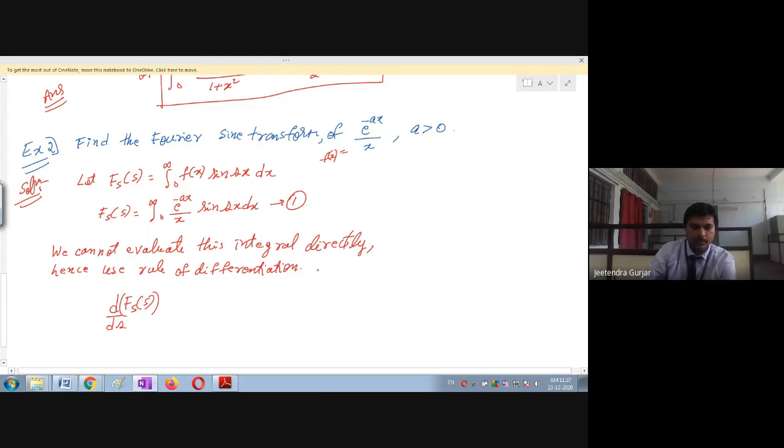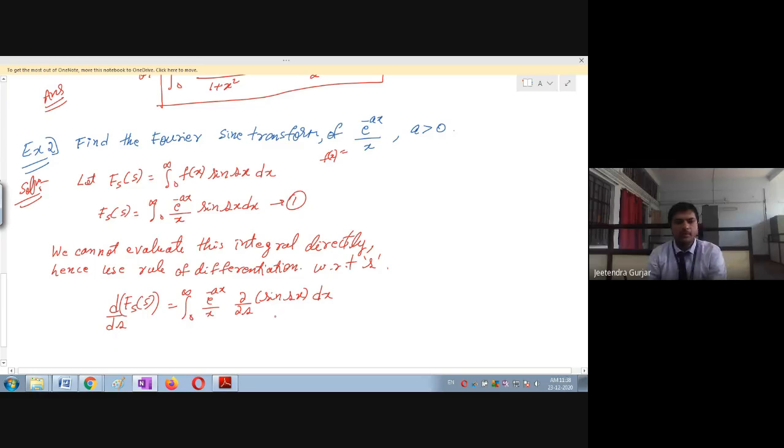Please remember, here I would write with respect to s only. So this is equal to, but please remember, when I take the differentiation under this integral, it will automatically become partial differentiation. Wherever there is an s term, that is sine sx